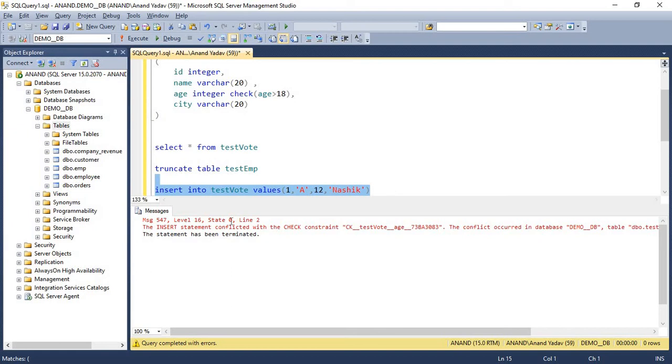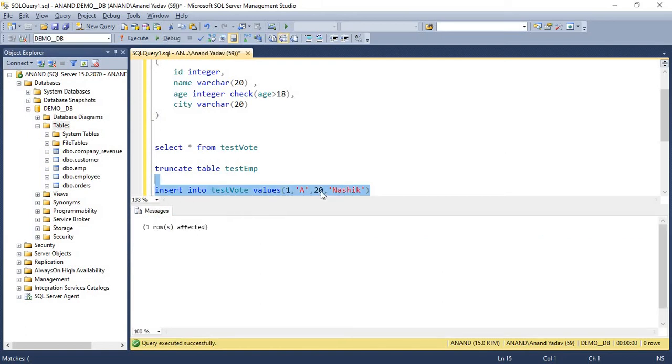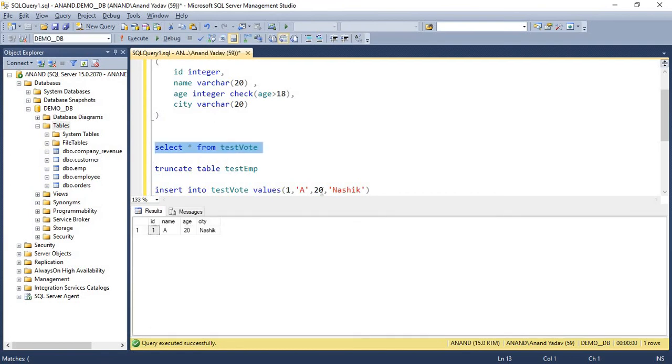It will prompt an error like insert statement conflicted with the check constraint, because we have a check constraint. So this only allows records to be inserted whose age is greater than 18. So let me put age as 20. If I try to insert, yeah, now I can see those records.